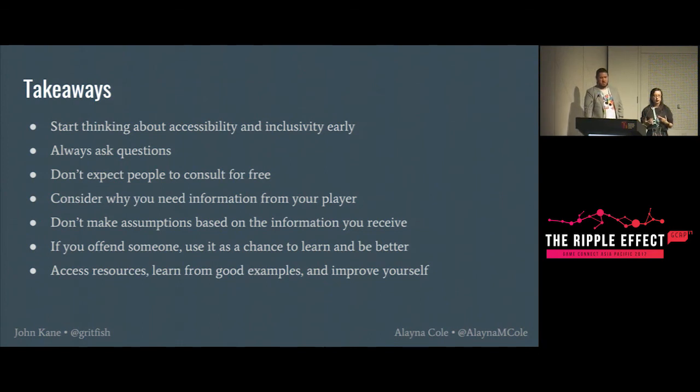There are a lot of different things that happen on a day-to-day basis, let alone in the games and systems we make, where we have weird habits and we immediately go, oh, I probably shouldn't have done that. Even when we're trying really hard to avoid certain things, like accidentally using the wrong pronouns for somebody, or accidentally using ableist language. I've already heard it in talks today, with people using words like "crazy," and I do that too, but you probably shouldn't. So try to avoid using such words and gestures as much as you can. I probably have done things even while I've been standing here, and I'm trying to learn and be better. So if you offend someone, take that as a learning opportunity.